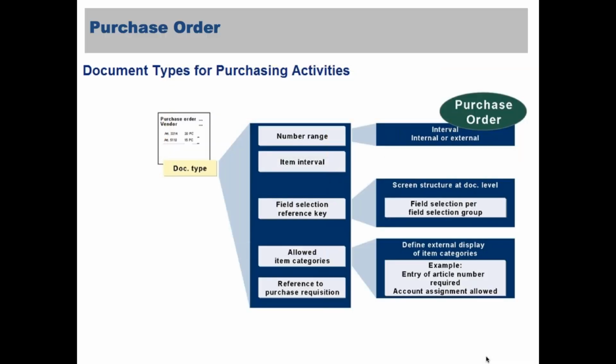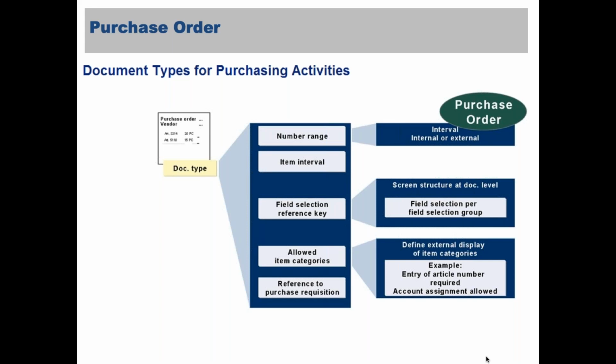So when you create a purchase order, this is how it is. When you want to create a purchase order, you will have to select what kind of document type you are going to use. That document type will determine whether it is a purchase order or a stock transport order. And there are many orders like framework orders, service POs, many things. Okay, that is not actually more relevant for us. The more relevant ones are purchase orders and stock transport orders.